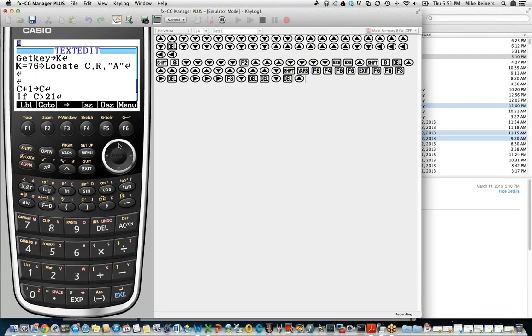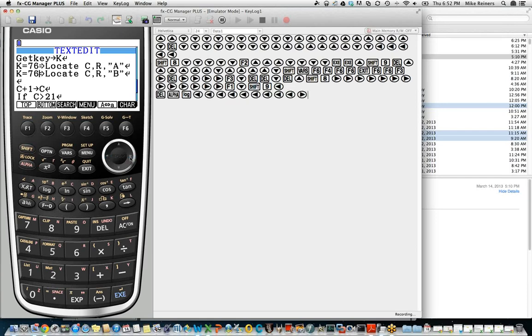And now what we can do is clip this line that we just created, copy it, drop down to the next line, paste it, and all we have to change each time is the number and the letter that gets created. And we're not going to do all of these. It would take you a little bit of coding time to go A through Z and maybe create a space and things like that. We're only going to activate the keys A, B, and C. This is what I meant at the beginning of the webinar when I said that we're going to make a partially functional word processor, but give you the tools to make one of your own.